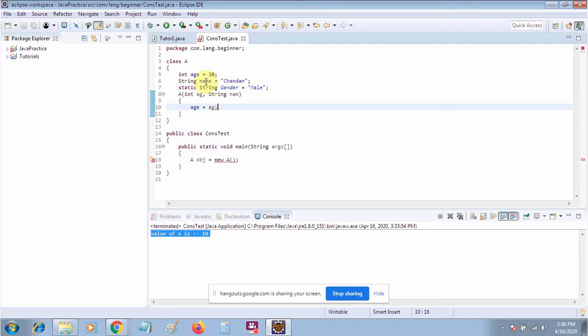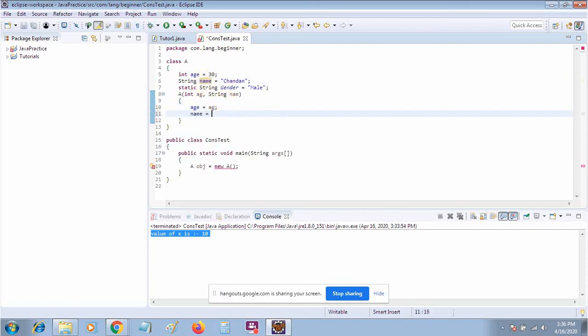And whatever name is here, it will become whatever you pass in your constructor from here. But this time you do not need to pass the third parameter because it is static. We can call them directly.